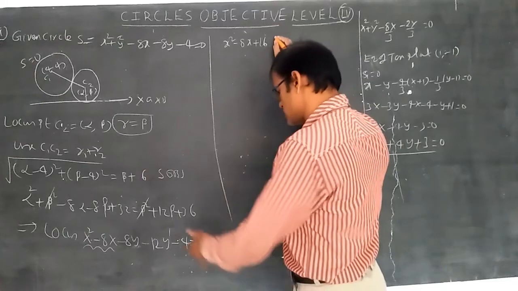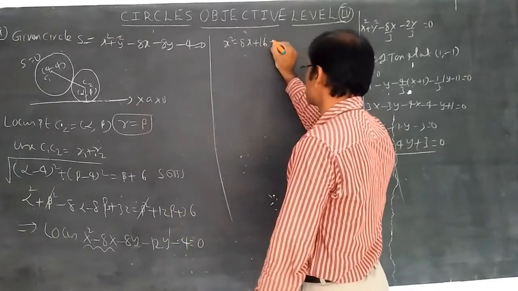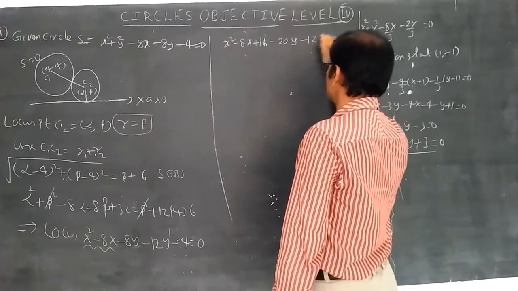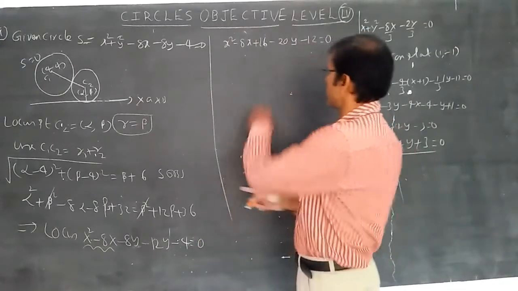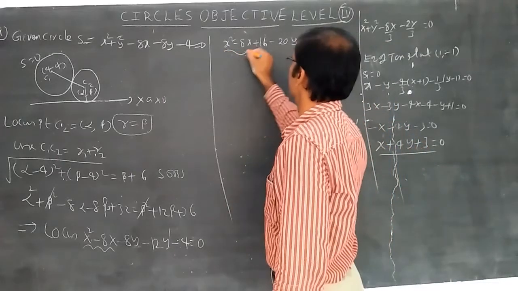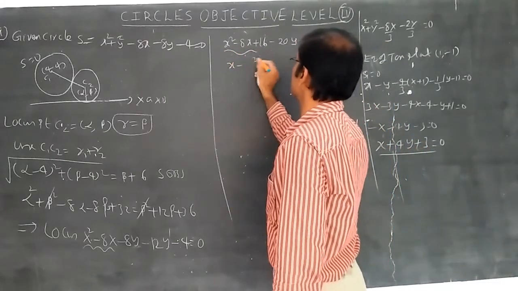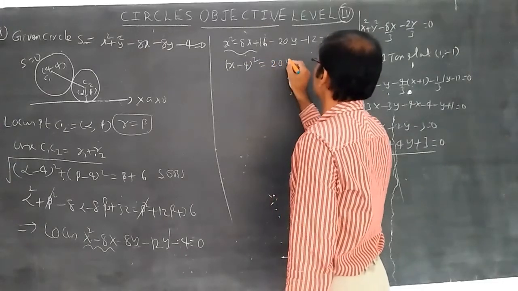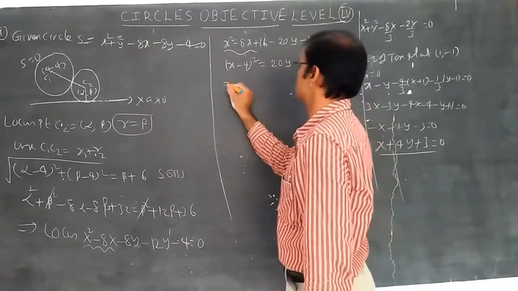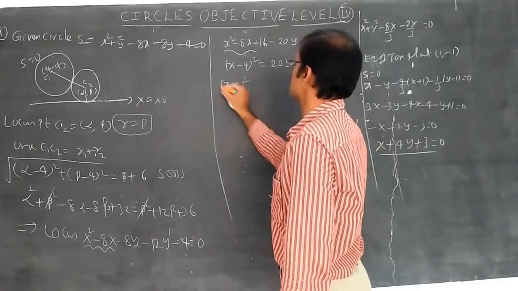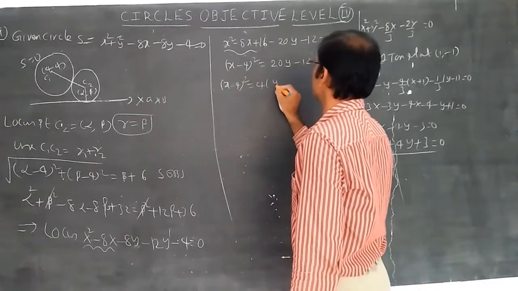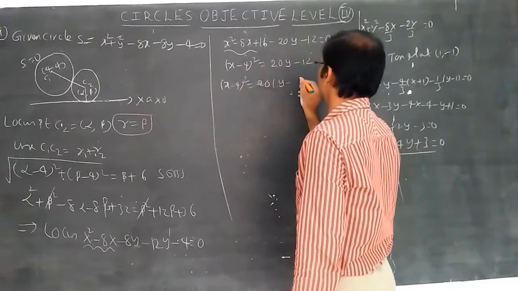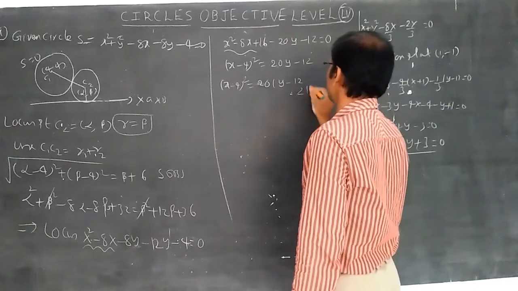Plus 16 minus 12 you can write. This is minus 20 by minus 20 by minus 12 equal to 0, because minus 4 I had written as 16 minus 12. Now this one you can write in the form of x minus 4 whole square is equal to, taken here 20 by minus 12 on the right side. It becomes x minus 4 whole square is equal to 20 taken common by minus 12 by 24.